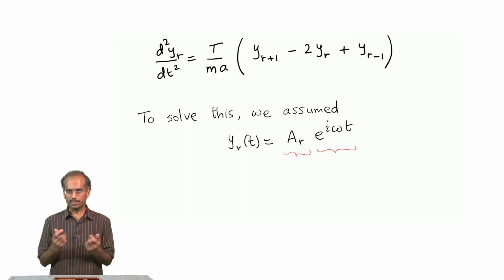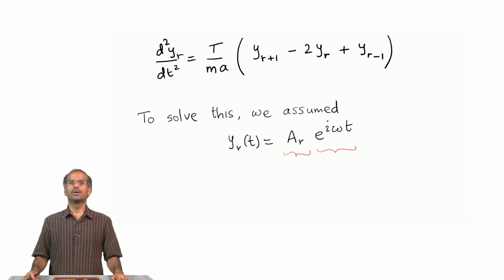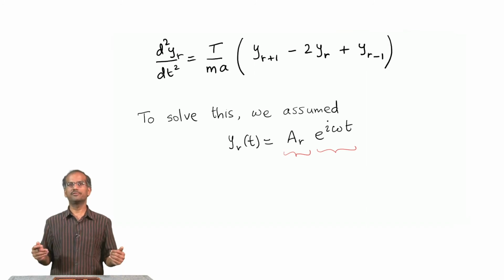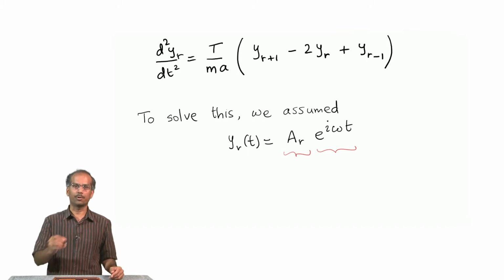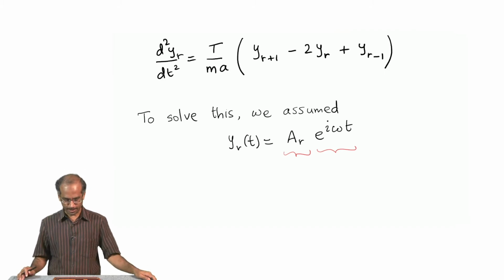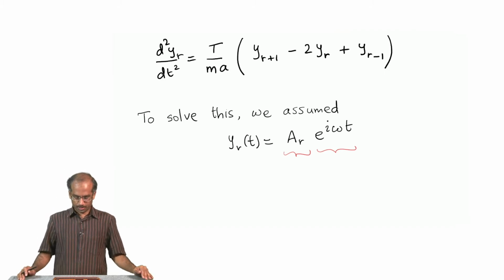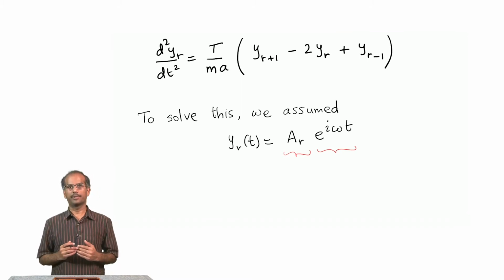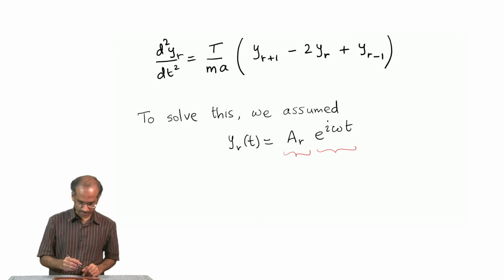So, whenever we look at a collection of particles like this coupled together executing oscillations, we are interested in what is this normal frequency, what is the frequency with which the entire collection oscillates. So, we are not really interested in one particular particle, what is it doing. We are interested in this collection. So, our assumed solution is a r e power i omega t. We are going to start from this point onwards and obtain a general solution for this